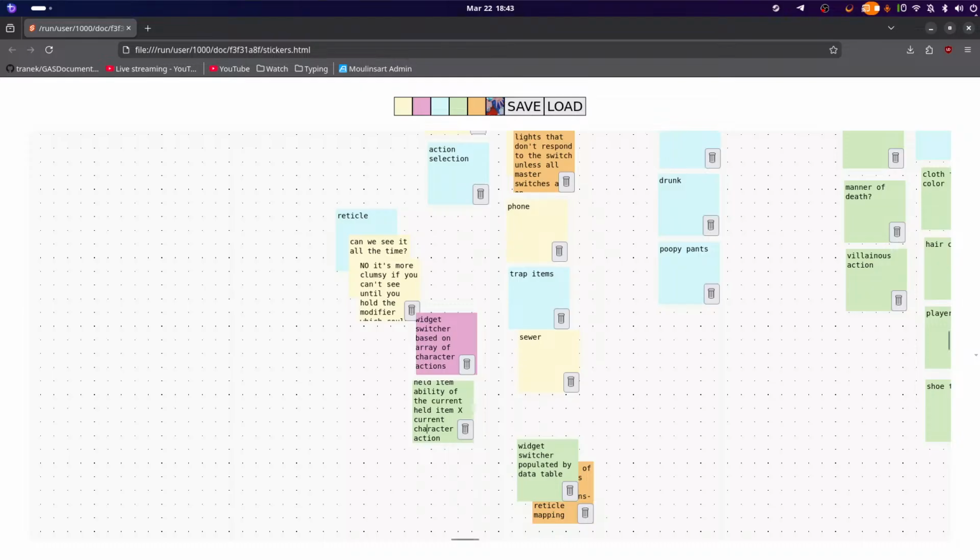So there's two things at play: the current held item and the current character action. So we can go,